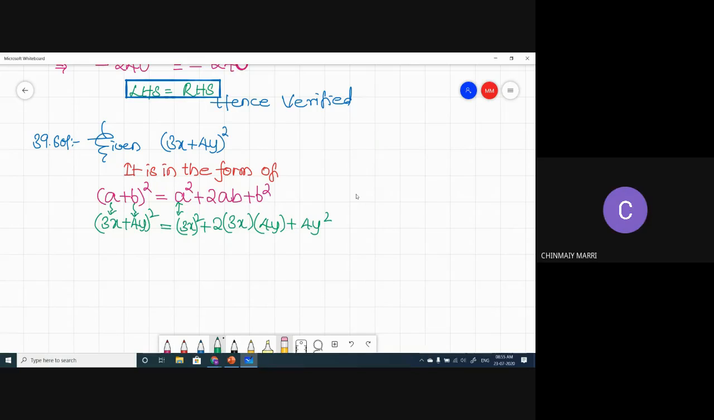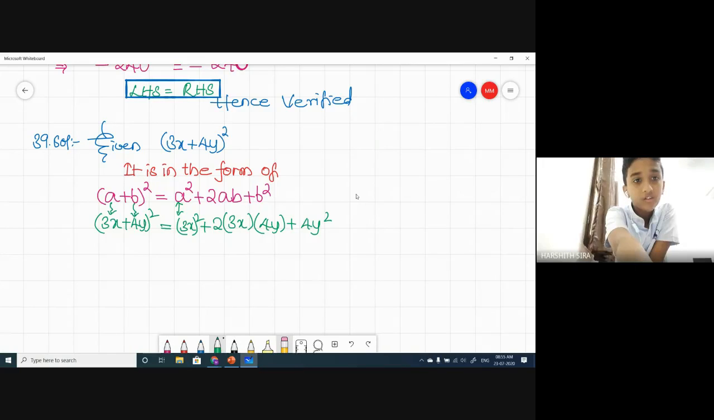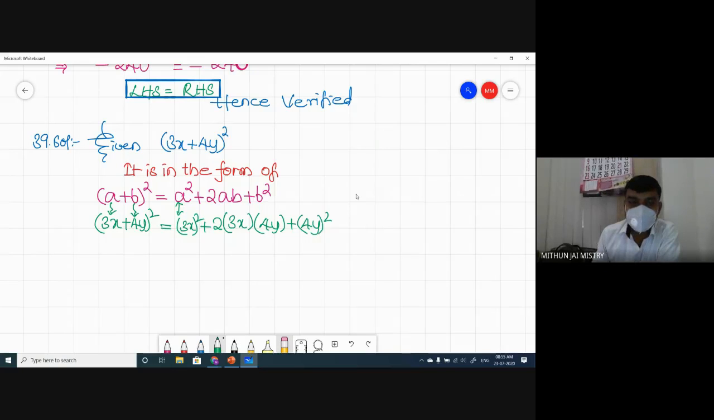Wrong, sir. No, it is not correct. Here the square is given only for y. Yeah, we have to keep the whole square. Thank you. So now, we have a formula which says that if we have a into